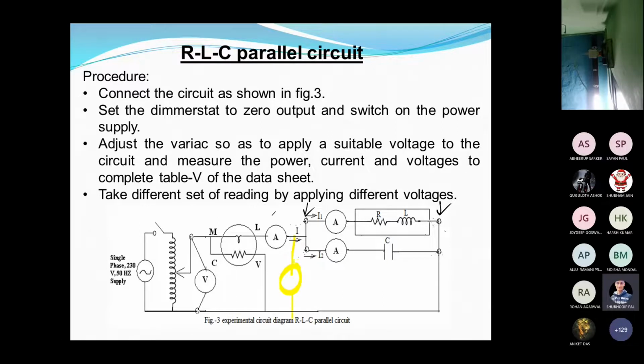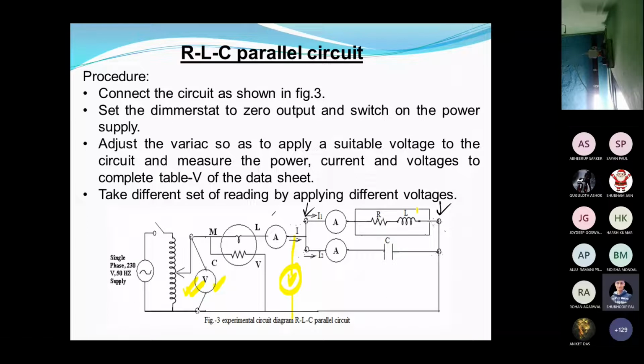Here, instead of the other circuitry, we are actually measuring the voltage across the RL load. Because if we use these voltages, there will be a slight error. In other cases we have used the voltage across the load, but for this parallel circuit, why will we take this one? So here I have connected one voltmeter in order to see the voltage across the RL circuit, to show you that this voltage is more appropriate to use, the voltage across the load, not this one, not this one. All right.